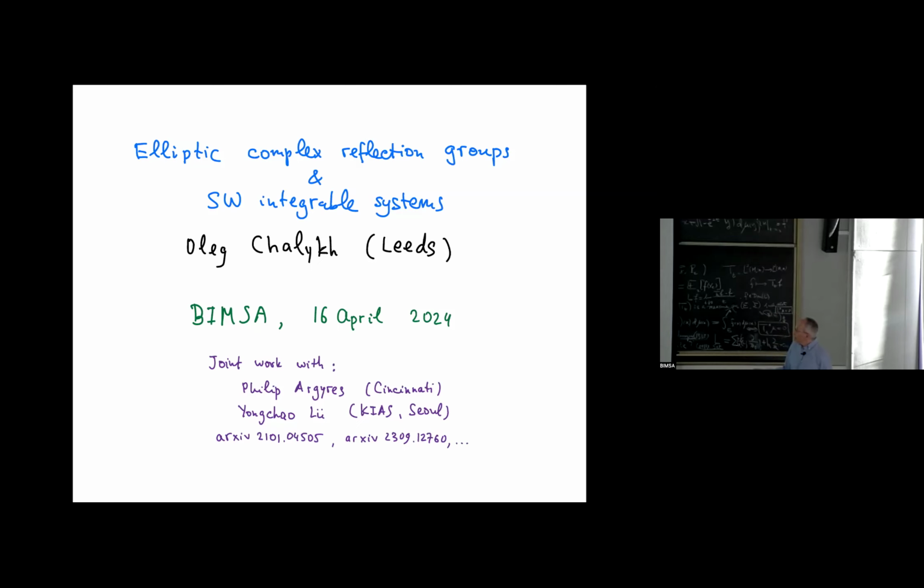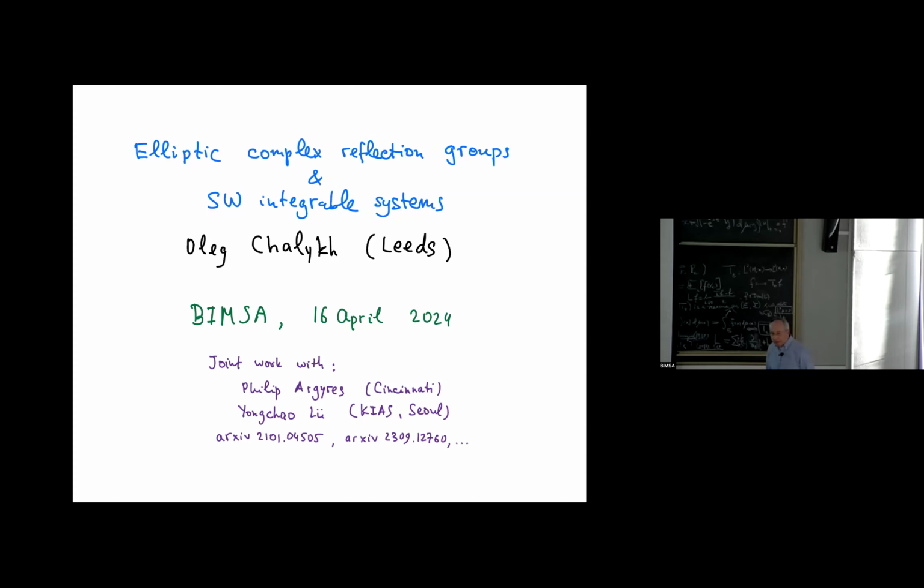And so we have two papers on this subject on arXiv, and more are coming. Why doesn't it turn right? Ah, yeah, okay, and more coming. Okay, so this is a